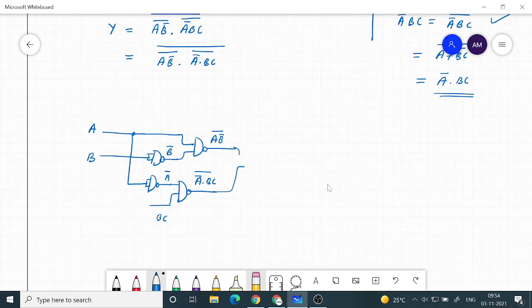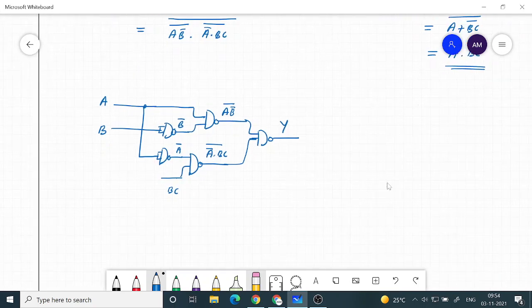Then I have one more gate, which will generate this. But I need a BC here. Now BC means AND gate operation. So AND gate and NAND gate, you know how they are related.